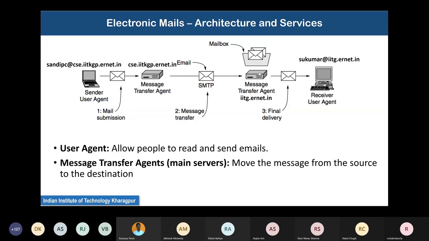In a post office system, the postman physically delivers the letter to your house from the post office. So if you consider this message transfer agent to be the post office, this letter will be delivered to you physically at your address in the last step. Here also it is physically delivered, but the only problem is that there is no concept of any postman. You have to request